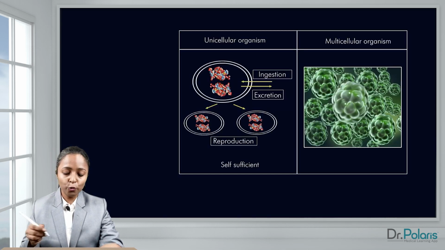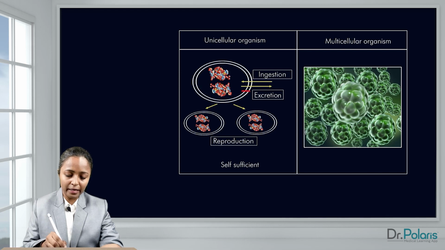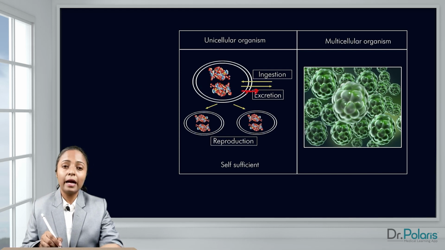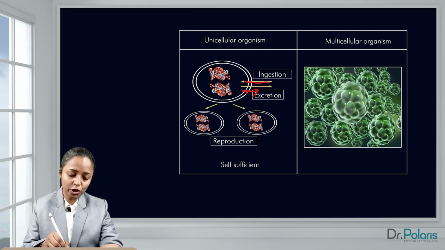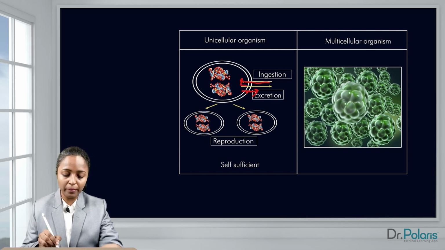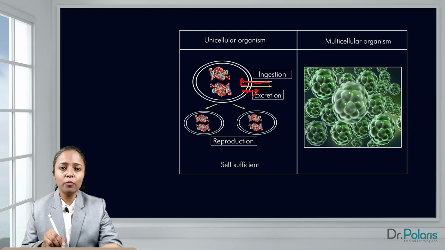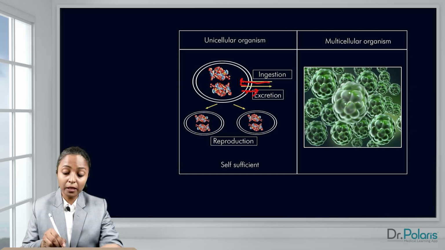See, a unicellular organism is basically in direct contact with its environment, and all its requirements are fulfilled by ingestion from the external environment, and it adds the metabolic waste products into this external environment. But this external environment is huge. It acts as a sink for the metabolic waste products, and it has all the things which are required by